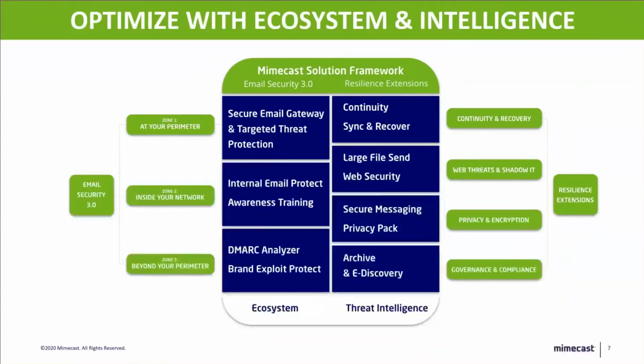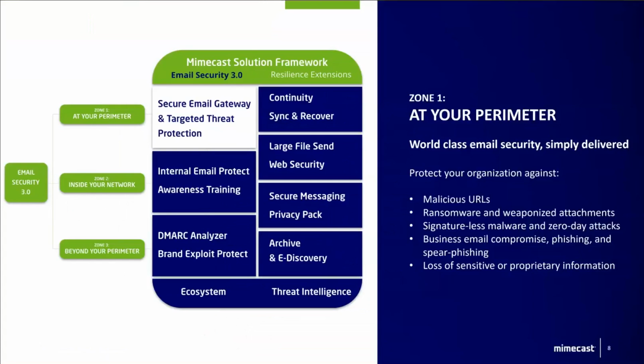Now, we're going to start off with zone 1, which is your perimeter. Given that more than 90% of attacks start with email, email is always the easiest way into an organization, because if you target email, you're not targeting a technology. You're targeting a human being, and obviously humans make mistakes. So 90% of attacks start with email, and we need to make sure our email security isn't just good enough. We need a focused and advanced solution to take care of our email threats.